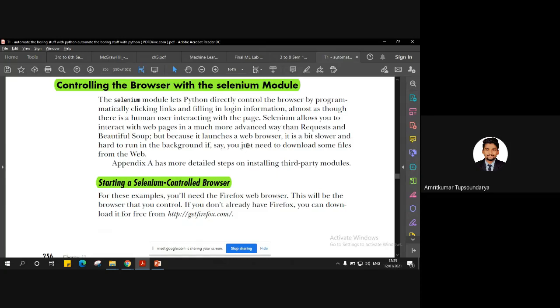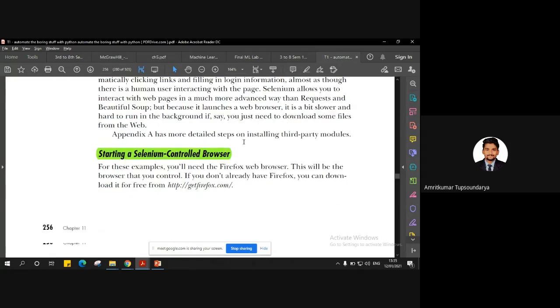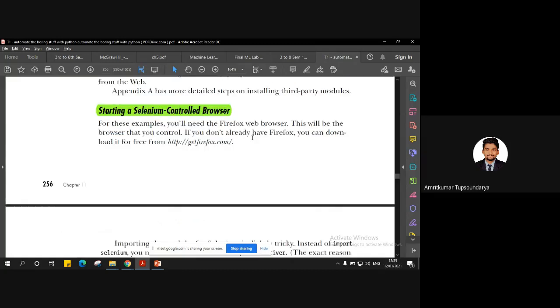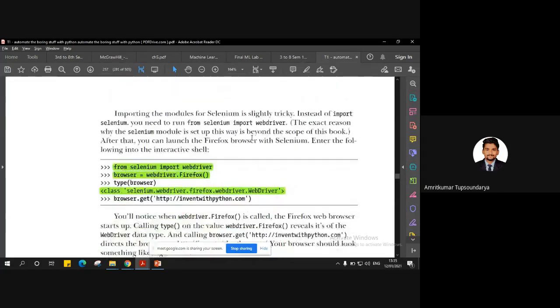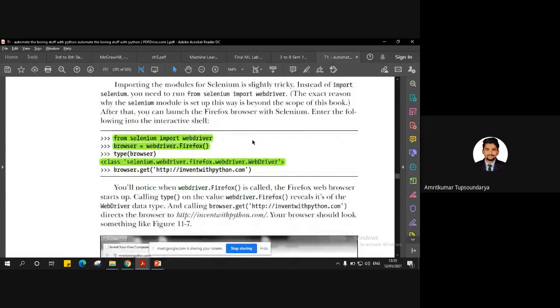We have to make use of a Firefox browser to start the Selenium-controlled browser. For that, you have to code your Python shell in such a way that you can have access to the Firefox browser. You can open that Firefox browser, and then whatever control you want to do, you can do it there.